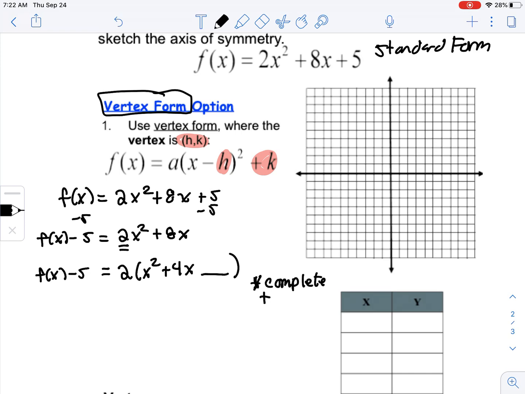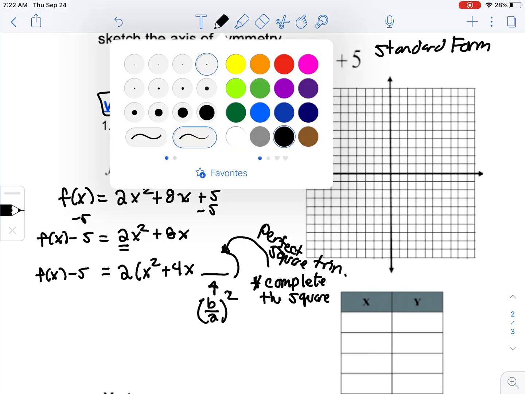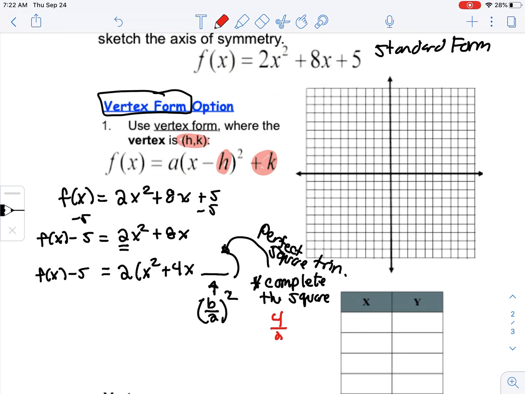At this point, what I'm going to do is complete the square. And completing the square allows us to create a perfect square trinomial. To come up with this perfect square trinomial, for this missing spot, we're going to take the b value, divide by 2, so half the b value, and square that. Now our b value in this case was 4, so if I do 4 divided by 2 and square that, that's 2 squared, or 4. So I'm going to be adding 4 into this